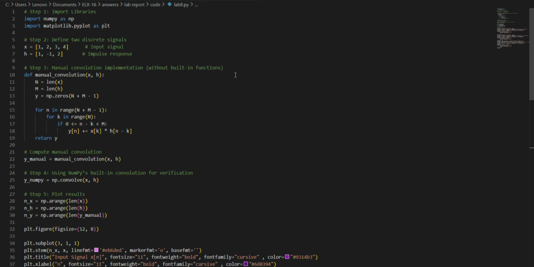Hello everyone, in this video I will explain the convolution of a digital or discrete time signal, and I'll go through the code step by step to show how convolution works mathematically and programmatically. First, I import NumPy for numerical operations and Matplotlib for plotting discrete signals using stem plots, which are commonly used